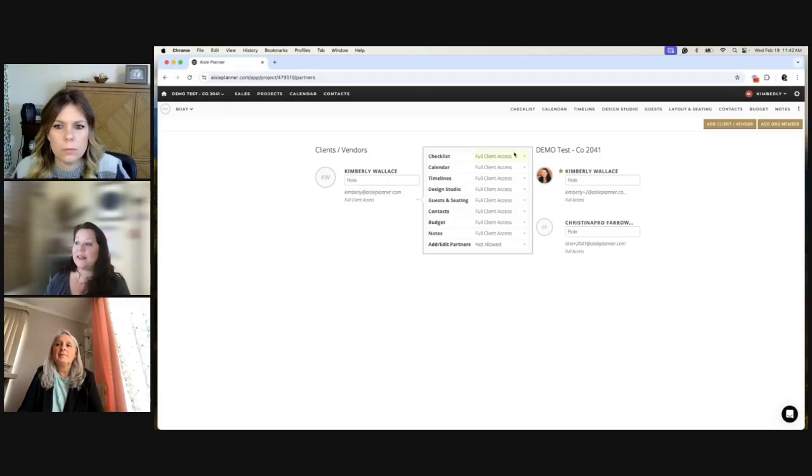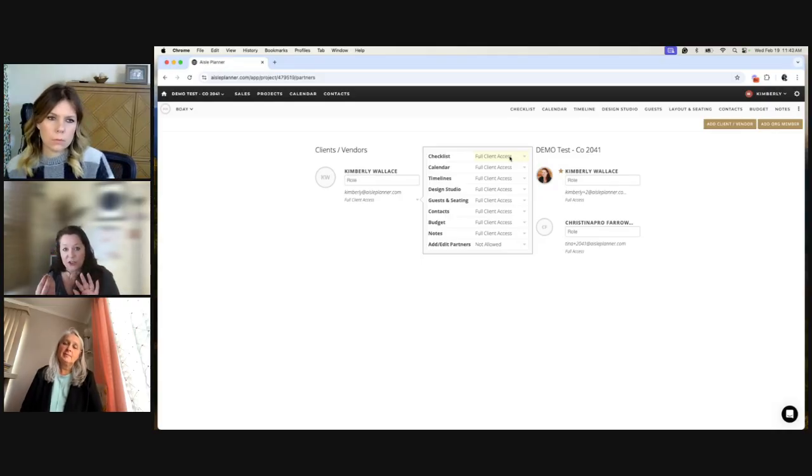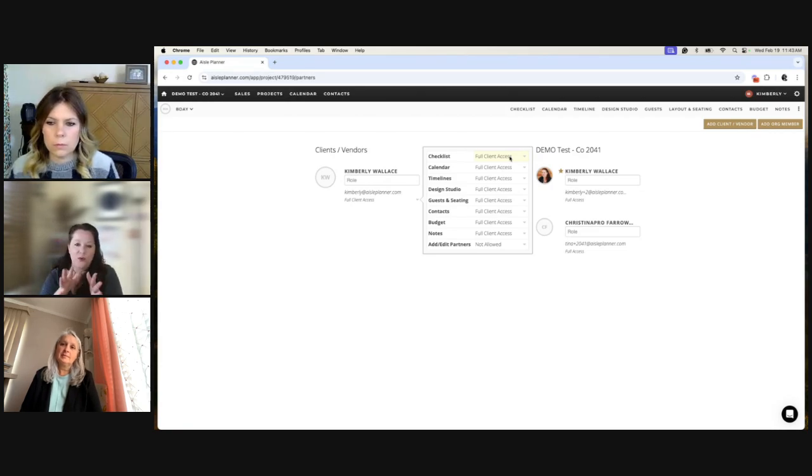The checklist specifically has three settings. You've got full client access, and this is full client access. It really is everything. They can see the assignment overview page, the full checklist, every single task. They can drag and drop, delete, they can add. The only thing they won't be able to do is see the tasks you've set to private. You still have control over those, but with full access, they really can do anything that they need to with